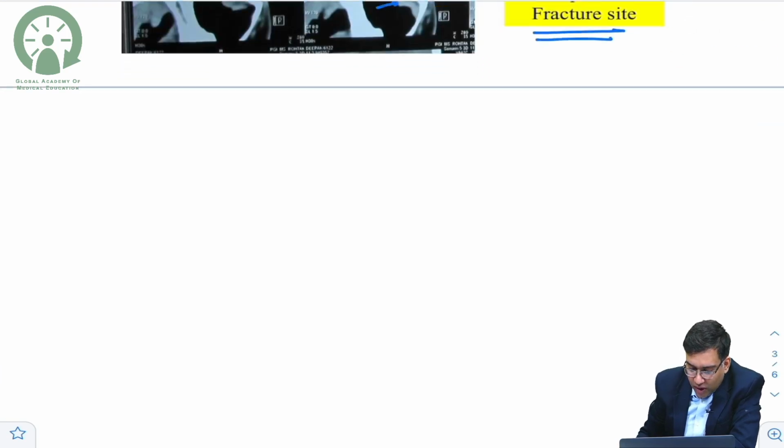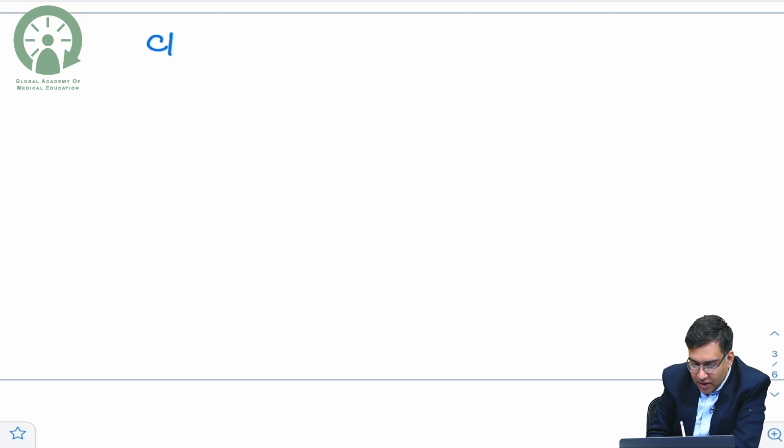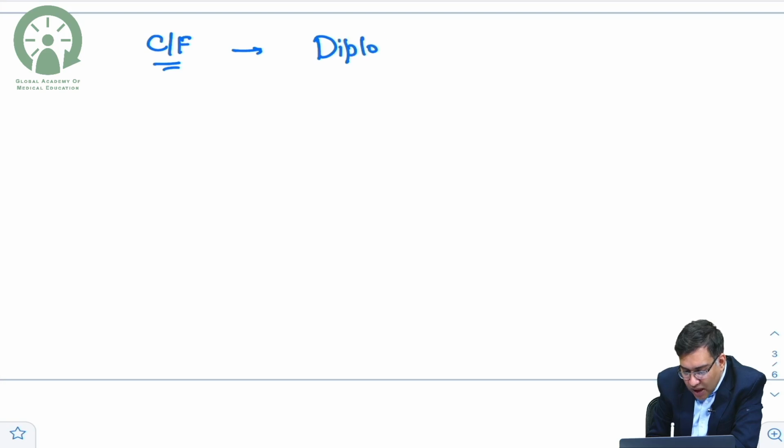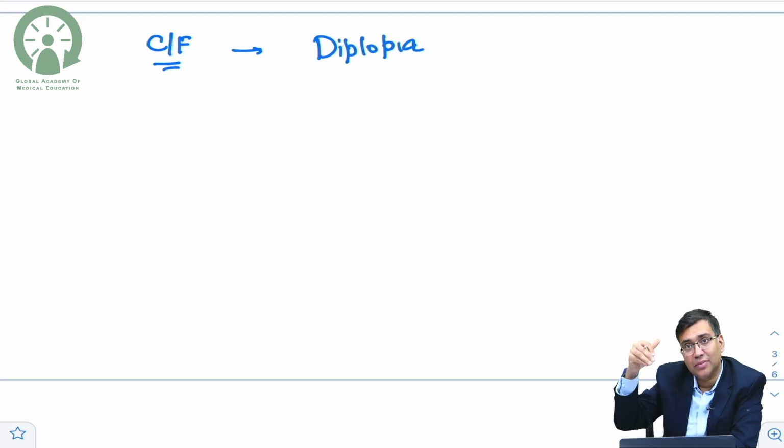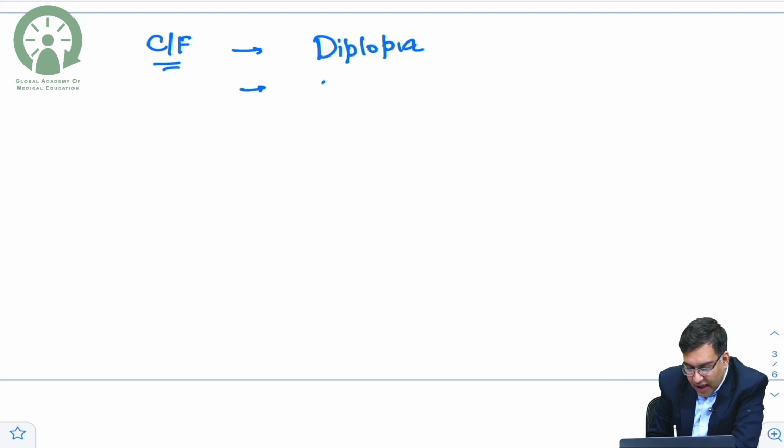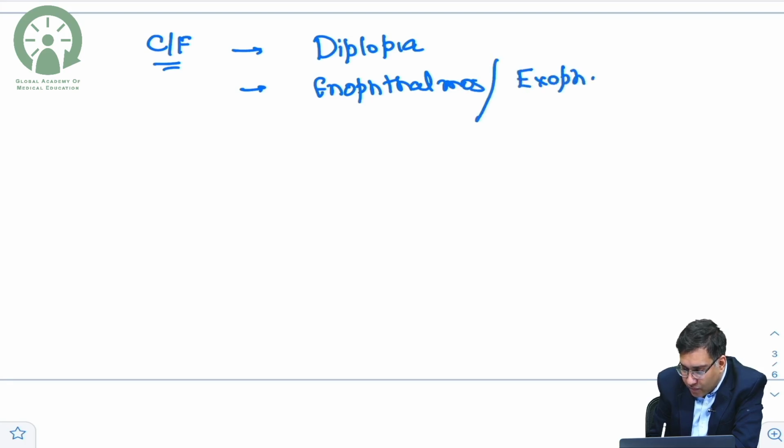Okay. So now what are the clinical features here? The clinical features of the blowout fracture that you have to remember are diplopia, because you have the muscle restriction. Then you can have enophthalmos, or sometimes even exophthalmos, because there may be blood there. Okay. And you can have restriction of the extraocular muscle movement,